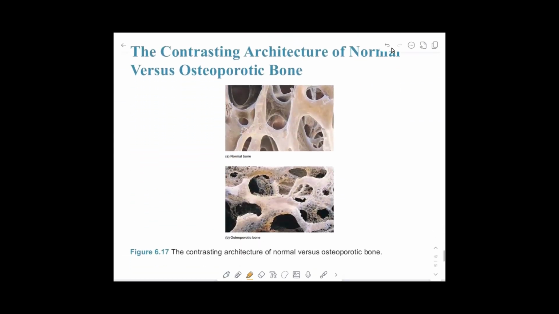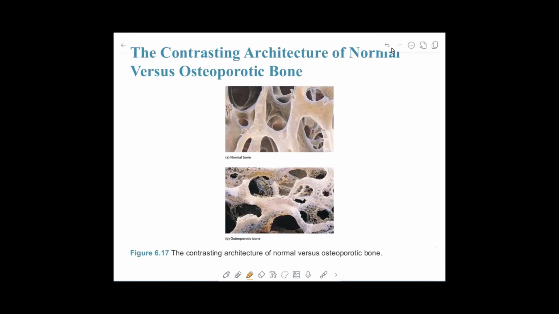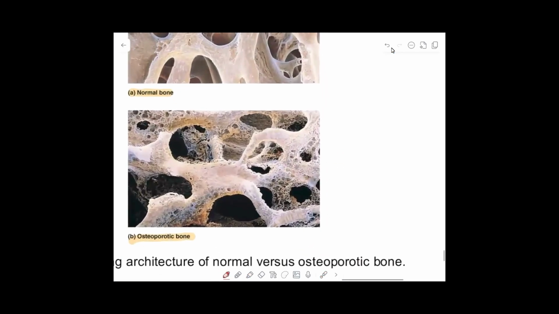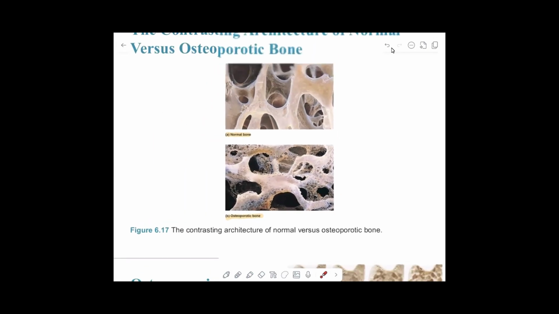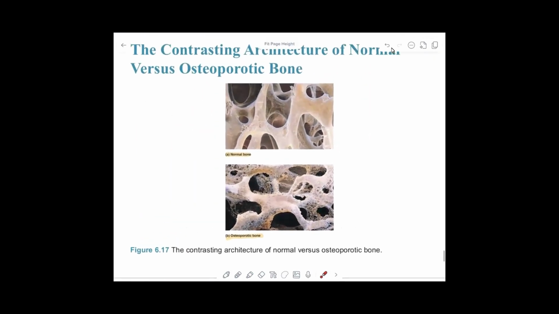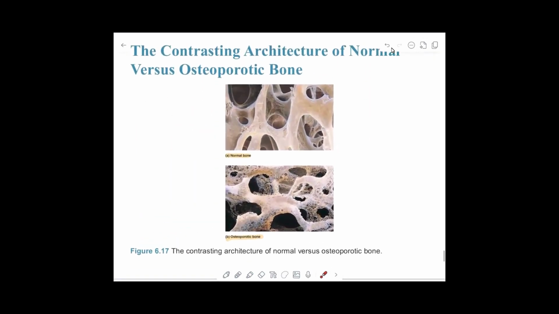This slide is going to show us what normal bone looks like and what osteoporotic bone looks like. As you can see here, it almost looks like there have been termites eating up the trabecular bone. And remember, it's most susceptible where there is spongy bone, so places like the vertebrae or in hip